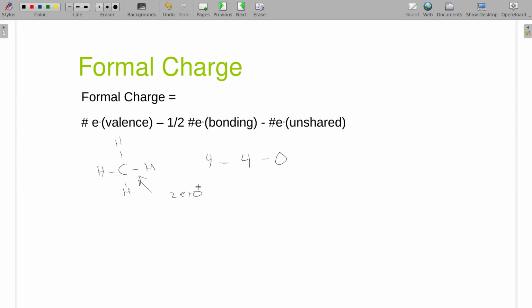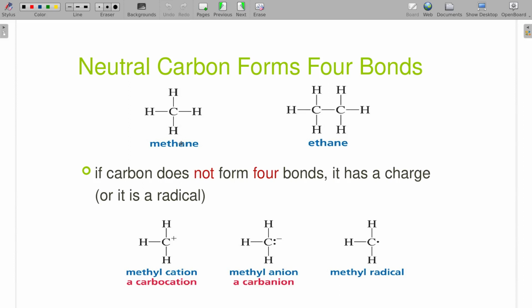Saying that is interesting, and figuring it out is interesting, but we're going to see that a lot of the times we draw our carbon atoms the exact same way. Methane and ethane, both of these have carbons that have 4 bonds and no lone pairs. All of these, the formal charge is 0 for that particular carbon. As a matter of fact, all those hydrogens are 0.